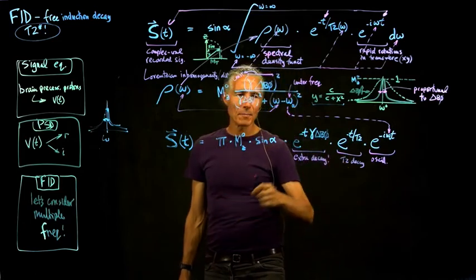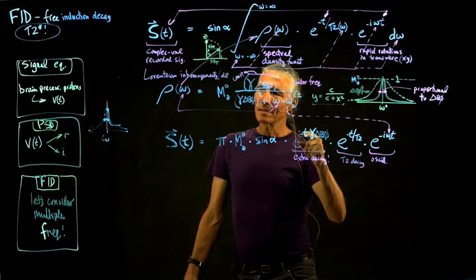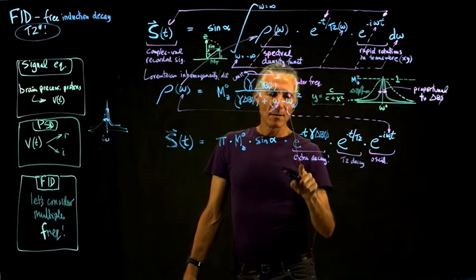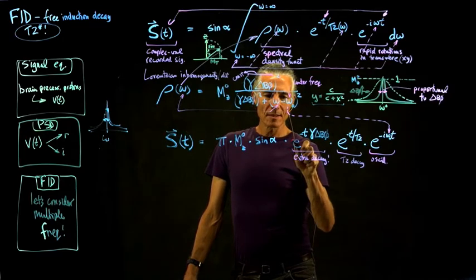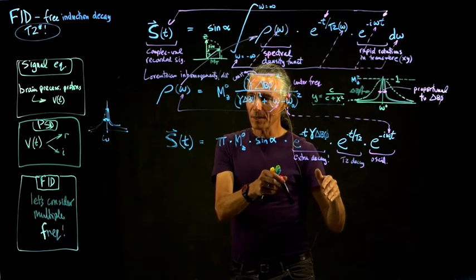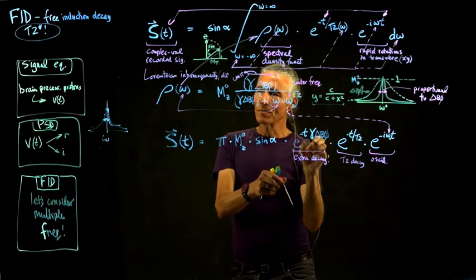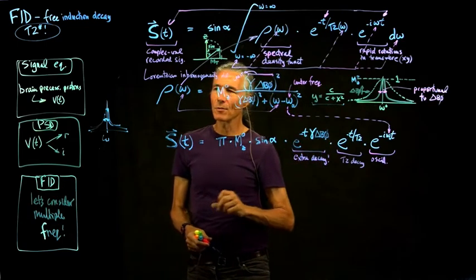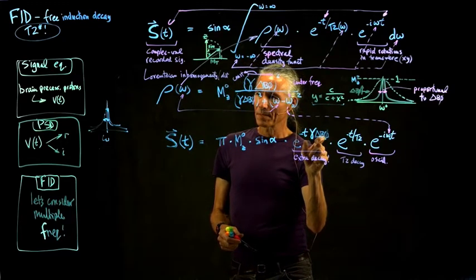That's extra decay, because remember e to the minus t, where t equals 0, is 1. So as soon as t goes above 0, this guy here just gets less than 1. And so it's more decay as a function of time that is proportional to how much range of frequencies you have in there. So if you have a larger range of frequencies, you have more decay at a later point